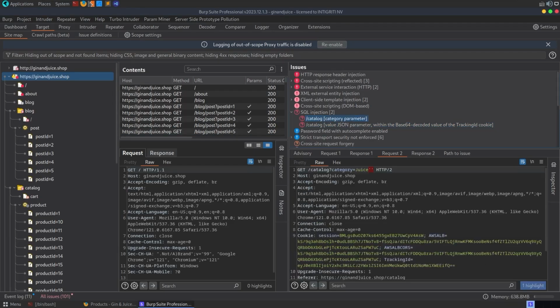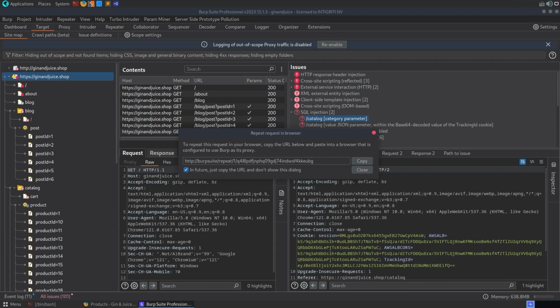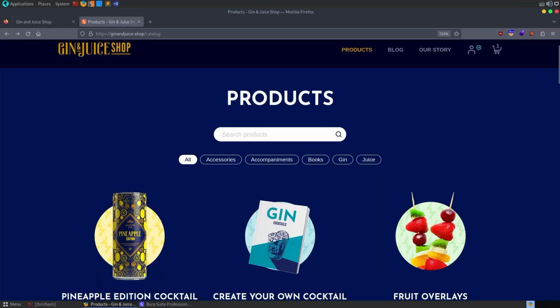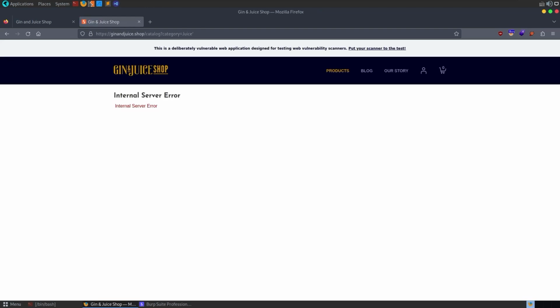Let's just go back to the first one, and we have the first request. I'm going to just right-click this and say request in browser. And then you can just tick this to say you don't want it to ask you in future. In future, it'll just copy to the clipboard, and then we can just paste this in and see what it looks like. Okay, it looks like we would expect based on the results of the scan,